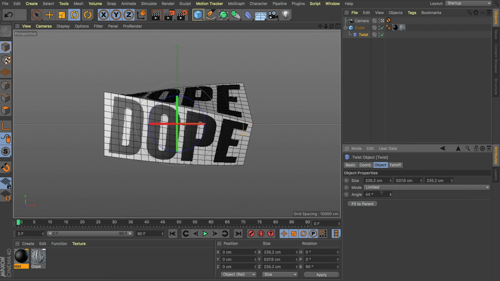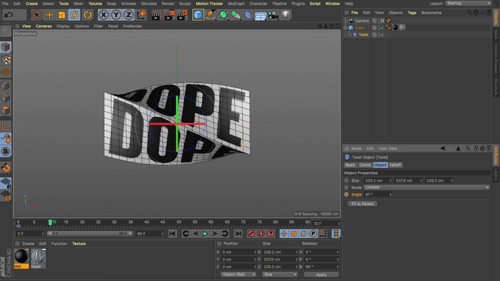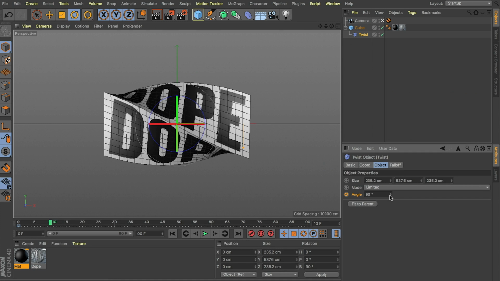So I'm going to zero out its angle and add a keyframe at frame 0. All right, now let's scrub forward. I'm going to go to frame 10, which is the exact spot that our cube starts spinning from. And now I'm just going to increase our angle in the opposite direction that our cube is actually spinning. So I'm going to go 90 degrees.